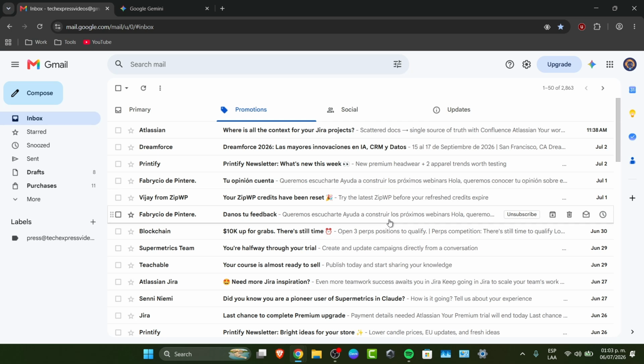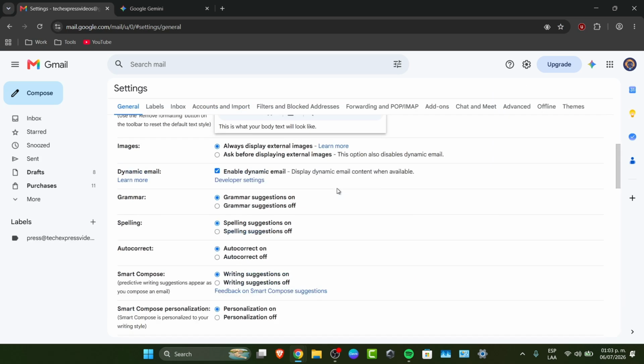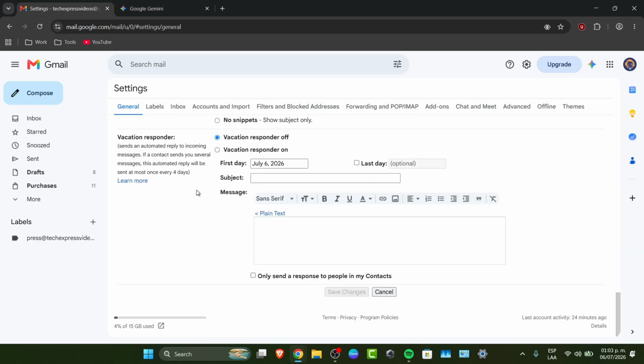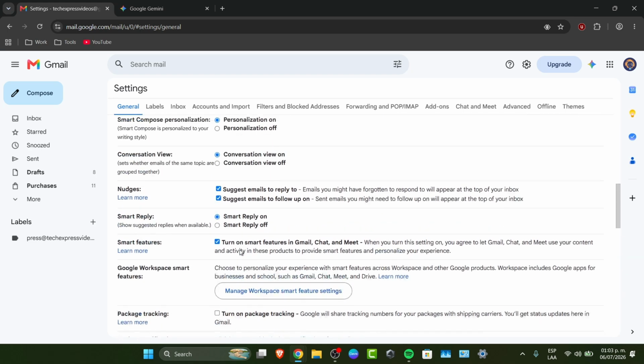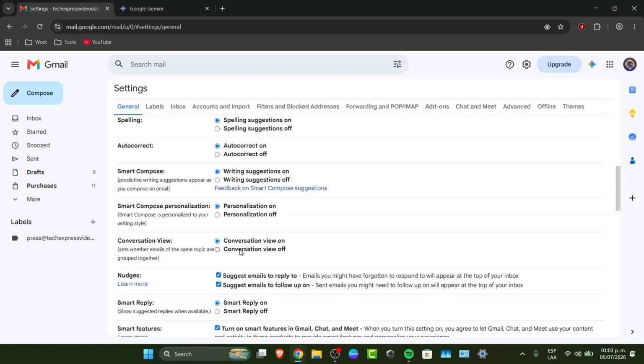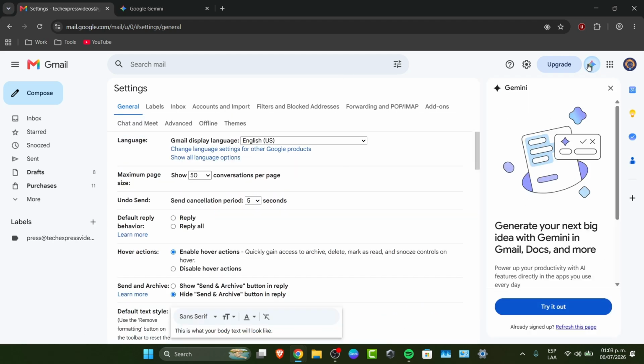When you open your Gmail inside your browser, you can click the gear icon, the settings gear, and under the general tab ensure that the smart features and personalization are checked. When you go into all the settings, you can scroll down inside the general section. Here you should see that smart personalization has not been correctly added. Now if it doesn't appear, it's because we now have the option on the upper side. I'm going to scroll up a little bit, and you now have the element that says try